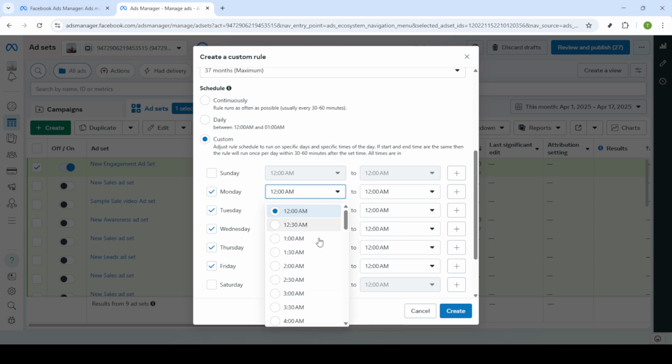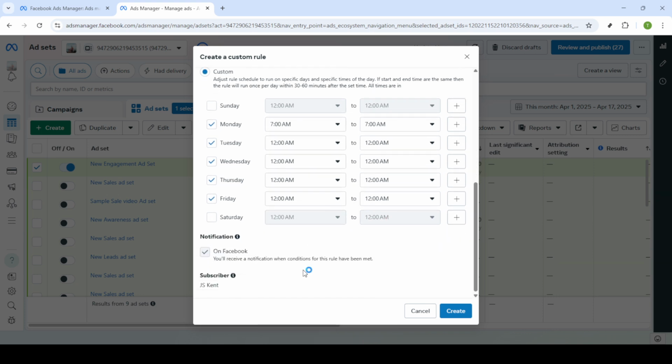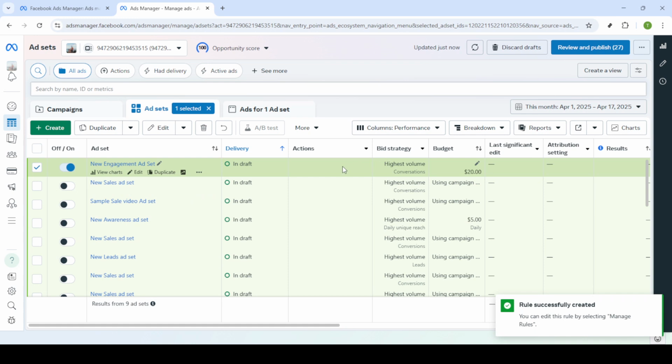Finally, after you've double checked all configurations, click on Create. Congratulations, you have just set up a customized Facebook ad schedule using rules. This setup will allow your ads to run efficiently, making the most of your advertising budget. Remember, exploring various scheduling setups can reveal what works best for your audience, so feel free to experiment in future